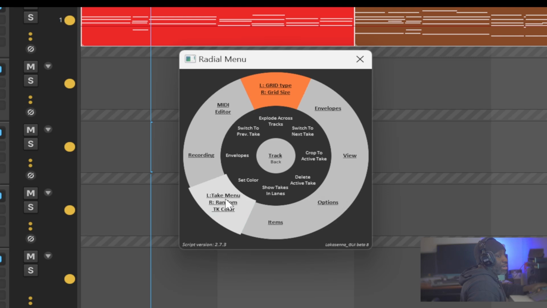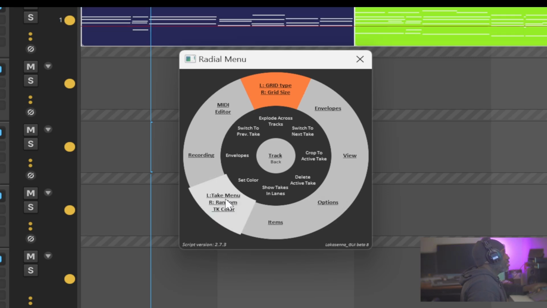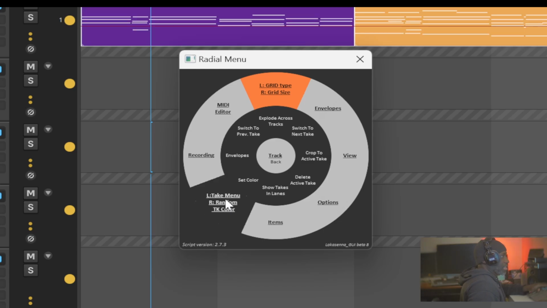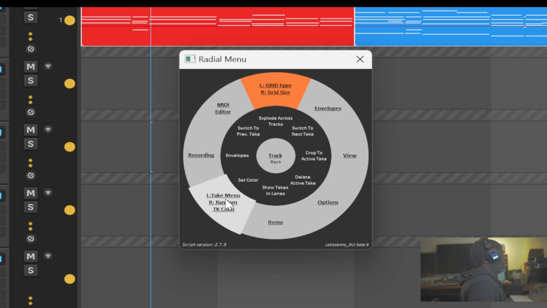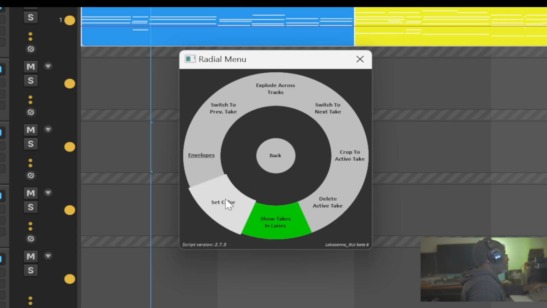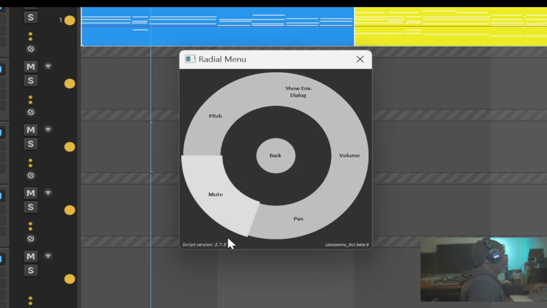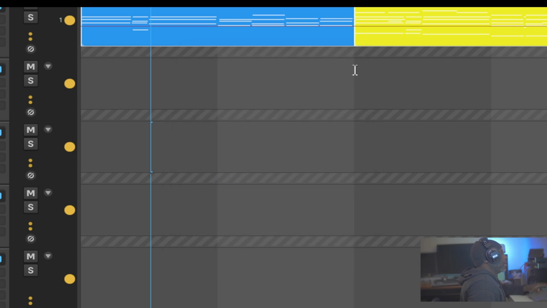Whether they are MIDI clips or they're audio clips. And I can just keep clicking and it keeps giving me random colors. But then that's the right click on that button. If I left click on the button, it goes into the menu that brings me to envelopes, and then I can select my envelopes, go a level deeper, I can go back out, I can let go of E, it goes away. But that button specifically is a button that I designed specifically because of certain things that I do